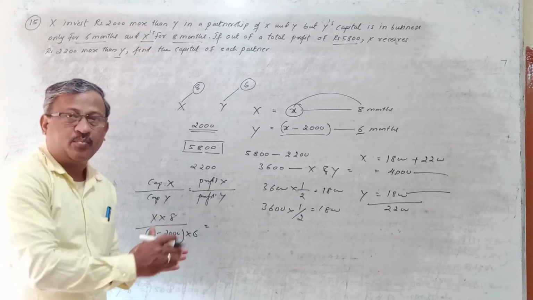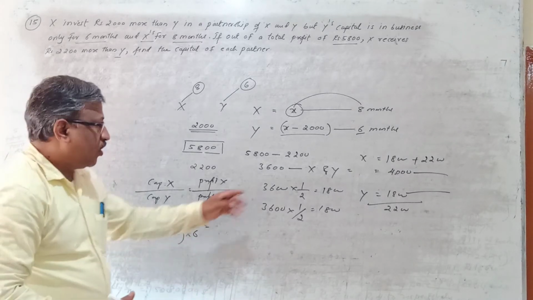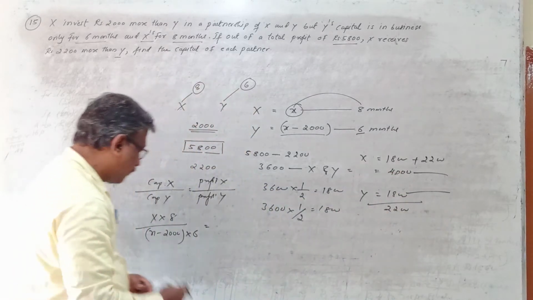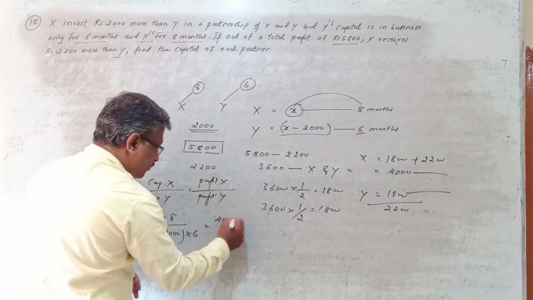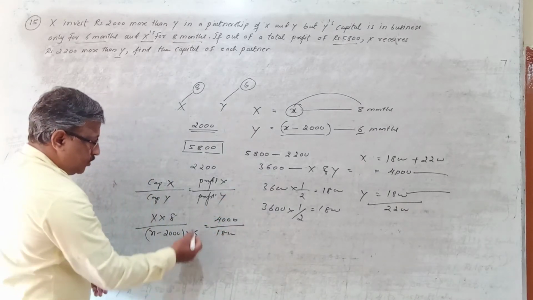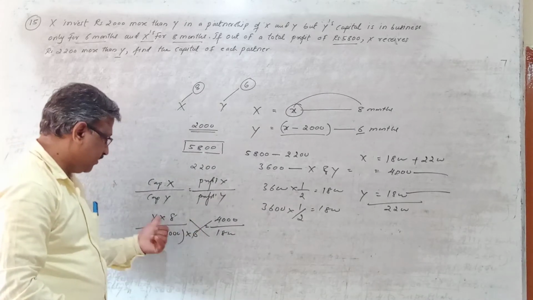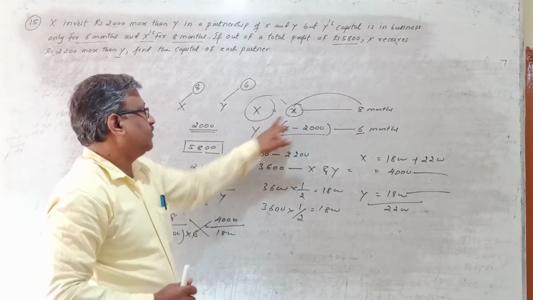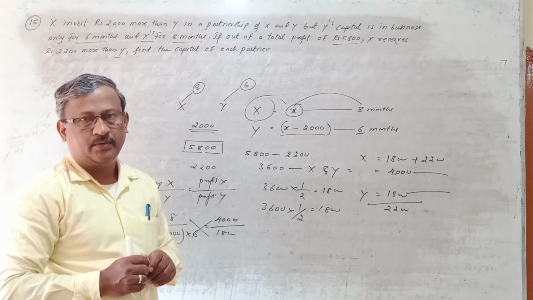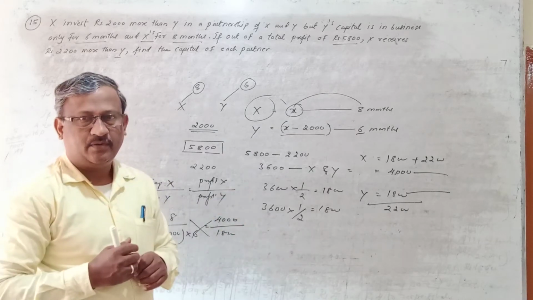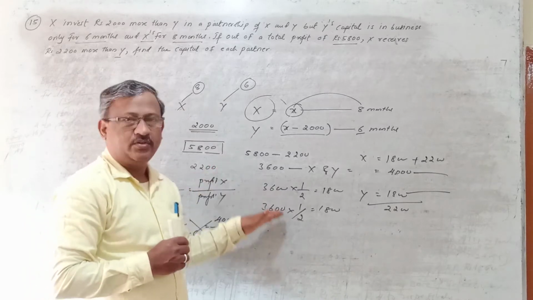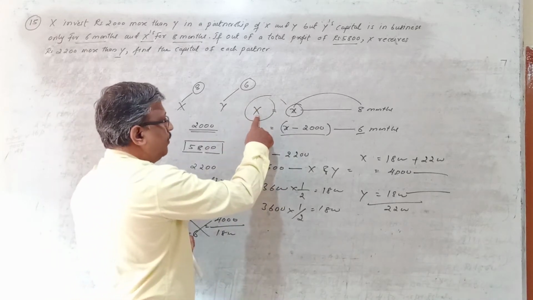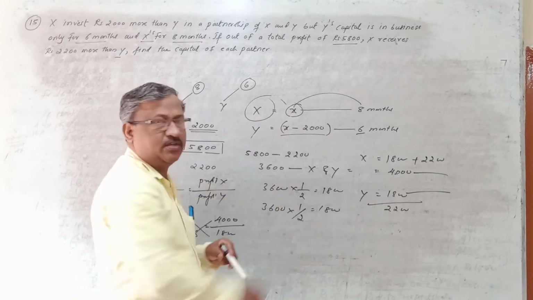And after distributing that profit in capital ratio, whatever profits come, if you take those profits and remove the ratio, we have to get the capital ratio. So that is equal to X's profit, which is 4000, and Y's profit, which is 1800. Right. So you just have to do the cross multiplication and simplify this, and you will get the x value. X value means you will get the capital of X. And once you know the capital of X, we can easily determine the capital of Y. Clear? So this is the shortcut way. Understand? So I will follow this method. Right? So let's begin with the solution. So here as well I will assume the capital of X as x and Y's capital as x minus 2000.